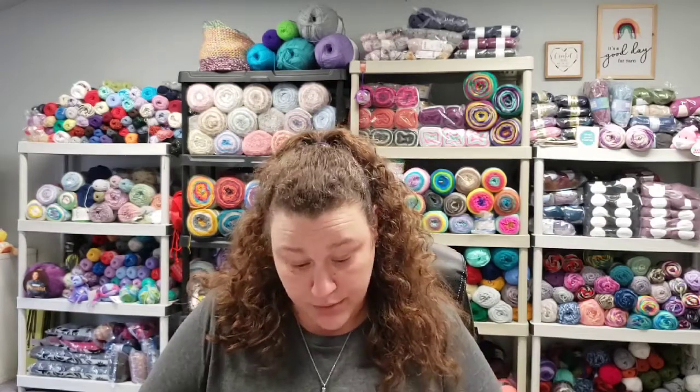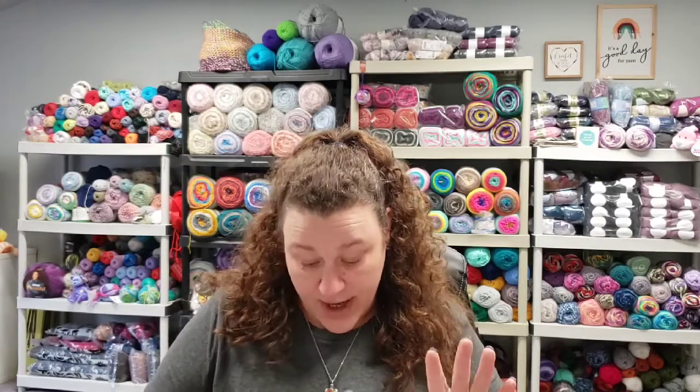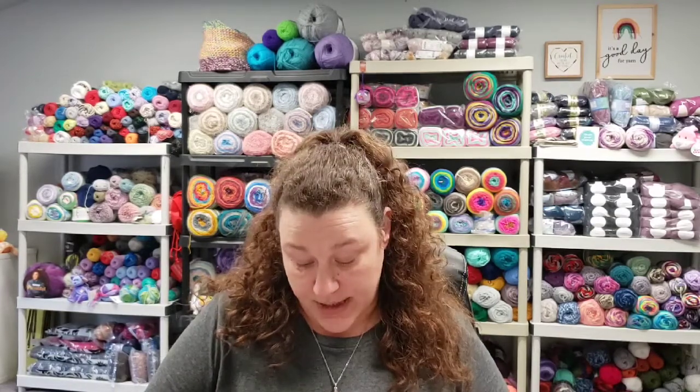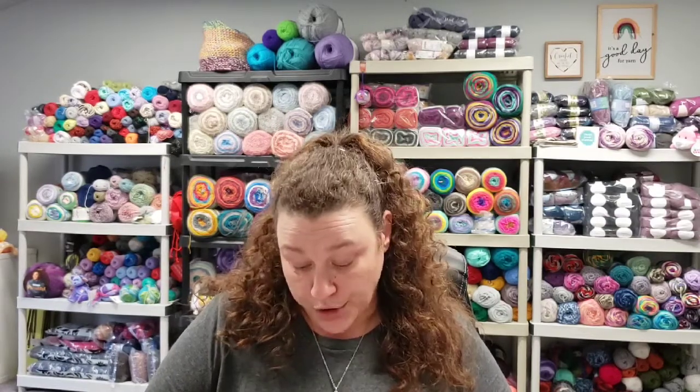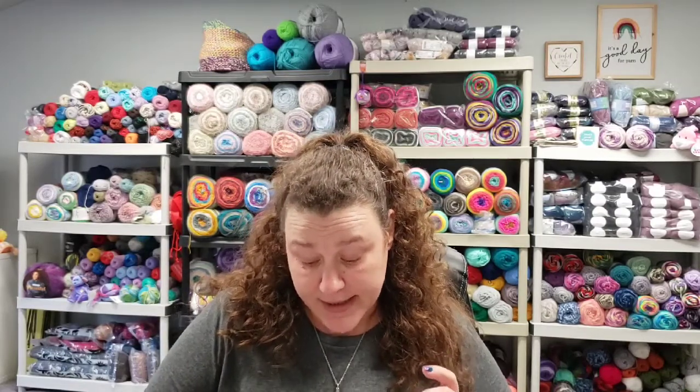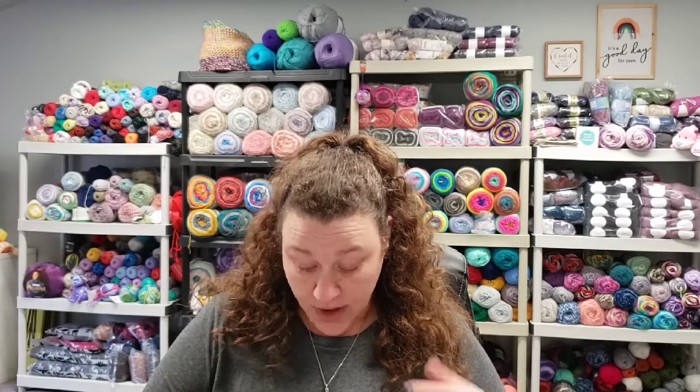Okay, back to what I was reading. Okay, so the color that I used was Purple Perfume, and the cake does have 280 grams, 9.8 ounces, 297 yards, or 271 meters. It is 100% acrylic, and it is a super bulky number 6. The hook that I ended up using, which was recommended on the pattern, and I believe also the label, they are machine washable and dryable, which is awesome. And I definitely checked that out before I made these items,